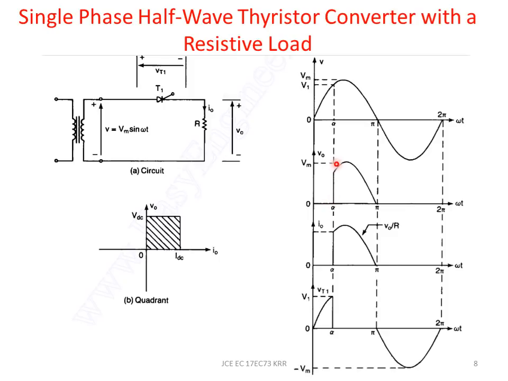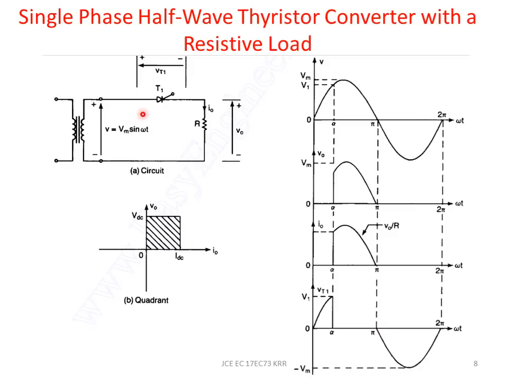And when the load voltage is available, the same as the input voltage, the SCR will start to conduct, and the voltage will be 0 from alpha to pi. At pi, the thyristor will be facing negative voltage. So this will be negative, this will be positive. The thyristor will be facing reverse voltage across it and it turns off. So at pi, your thyristor is going to turn off.